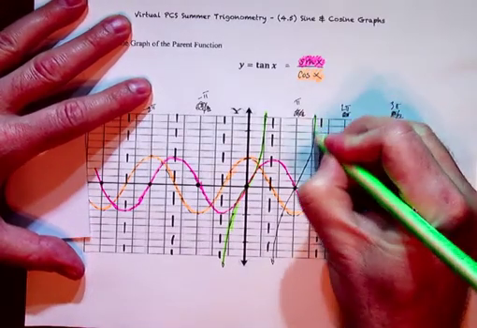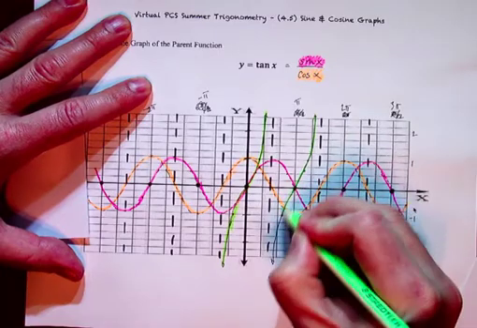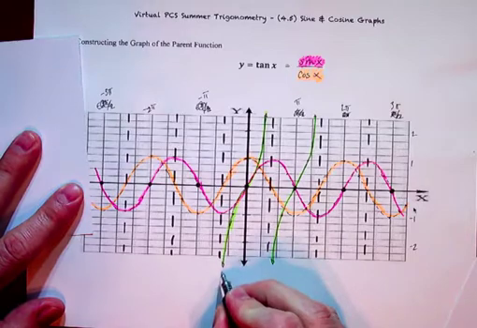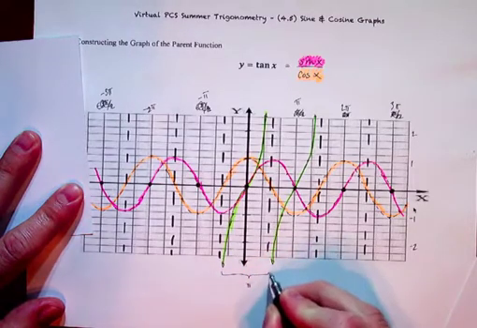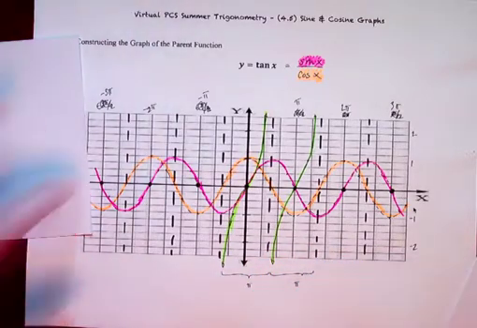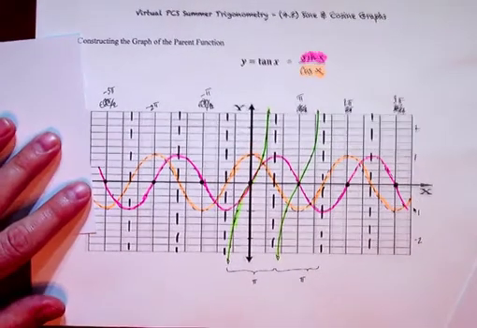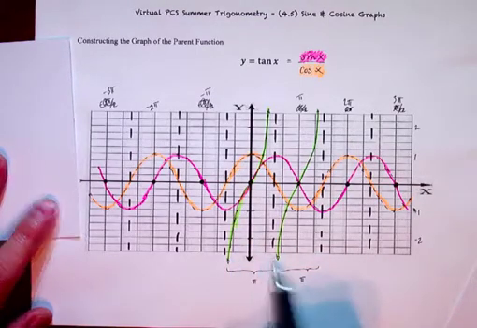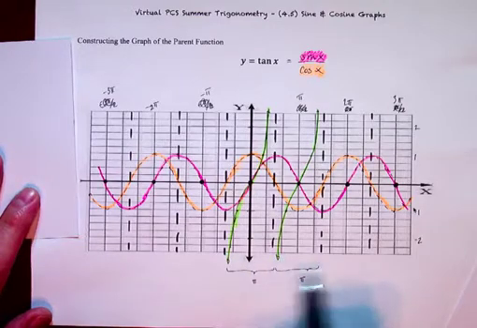Now, the whole point of showing you this and emphasizing those facts is now we understand why tangent has a period of pi, or at least we understand it a little bit better, right? Because a ratio doesn't care whether it gets its positive value from a positive over a positive or a negative over a negative, and it doesn't care if it gets its negative value from a negative over a positive or a positive over a negative, you have the same values recurring, not every 2 pi, but every pi as you